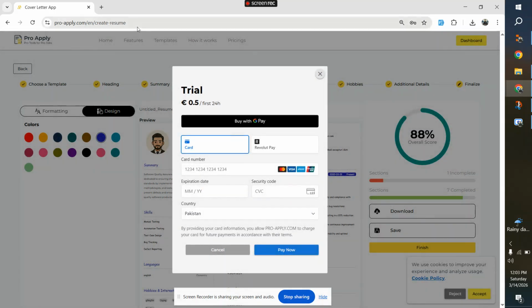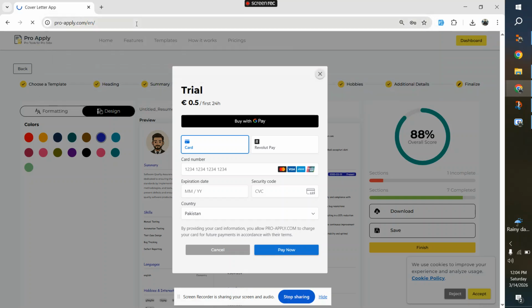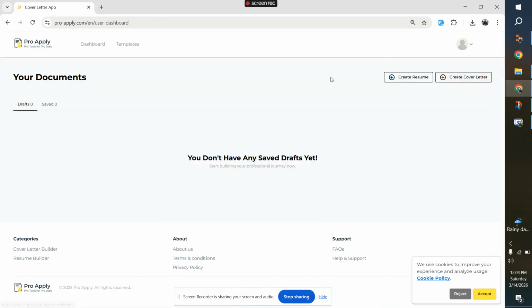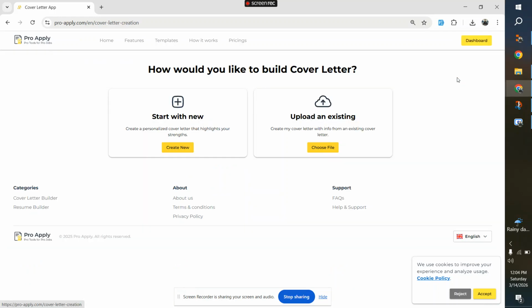So we can move to create a cover letter. Let's move to the dashboard to create a cover letter. You will see in the drafts section your resume. You have none, because you have not bought any subscription. Now in career cover letter,